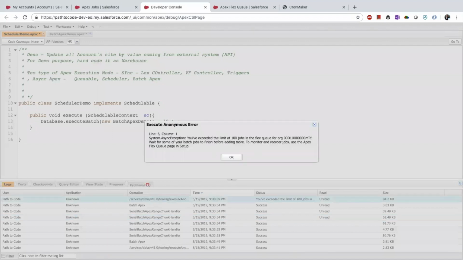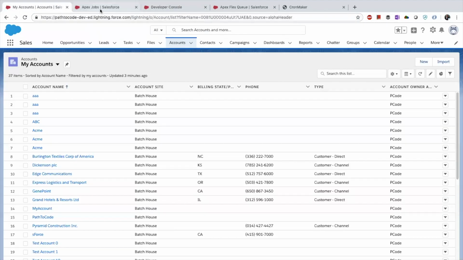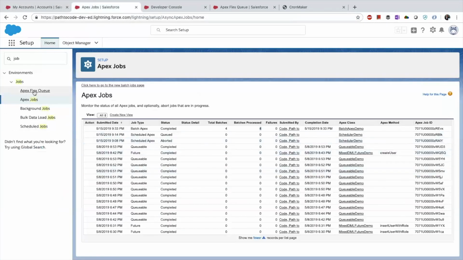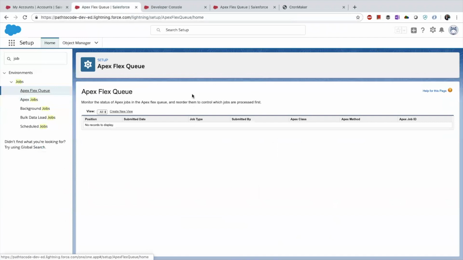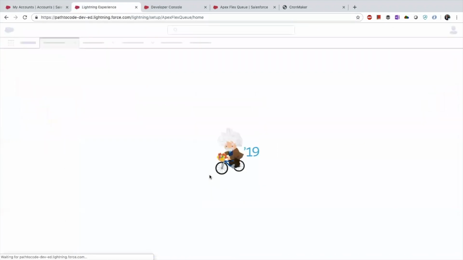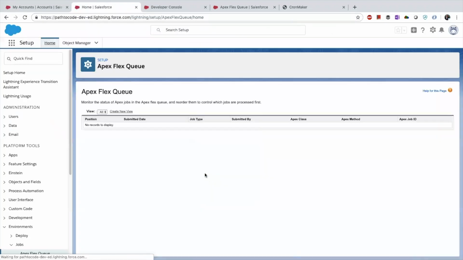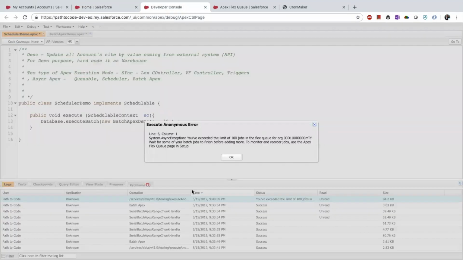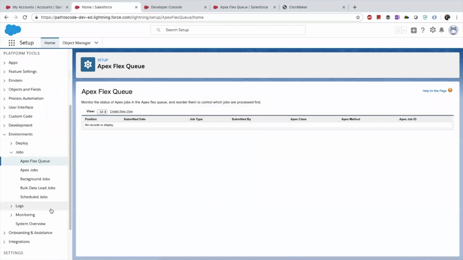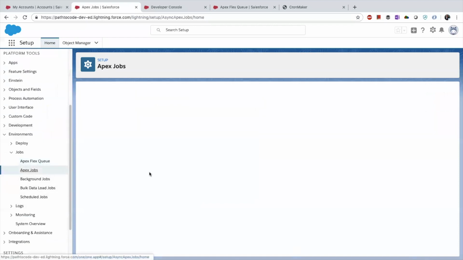So, see exactly what happened. If I go on my governor limit page, if I go to my flex queue, async Apex has a limit of 100 jobs in the flex queue. So basically it is giving me an error that at a time I can only have 100 jobs in my flex queue. If I go on Apex jobs,